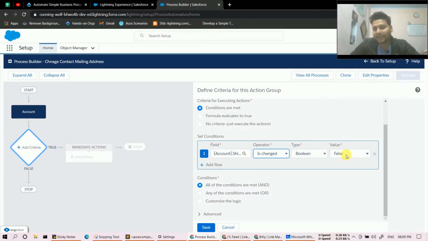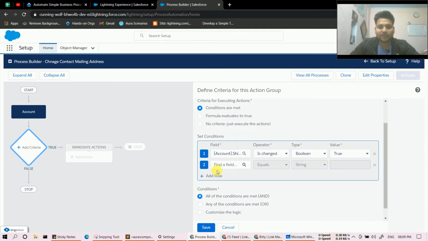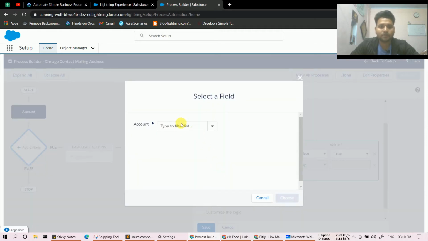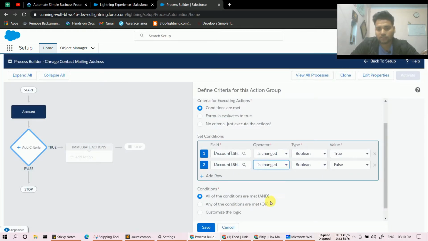And for type boolean and in value click true. Do the same for all these fields. Let's say account city, shipping city, choose is changed, boolean true.